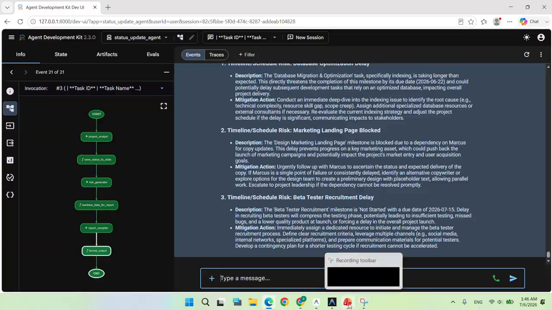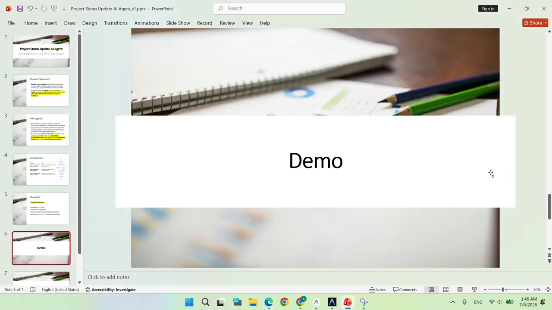So this was how I used Google Antigravity to create this